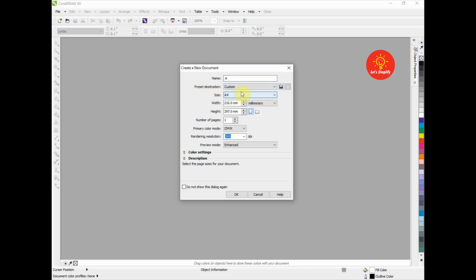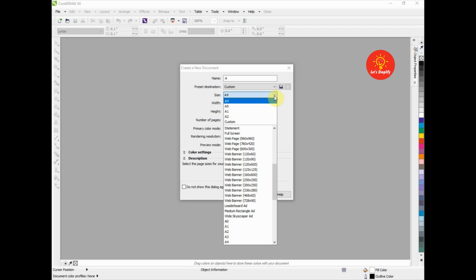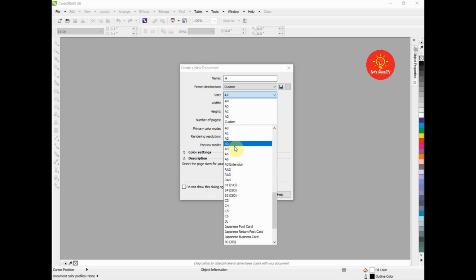We are going to select custom from here. This is the size of our document. Under this drop down menu we can find various other sizes. We can select from these sizes available for us in our CorelDRAW software. Now we are going to select A4 size from here.